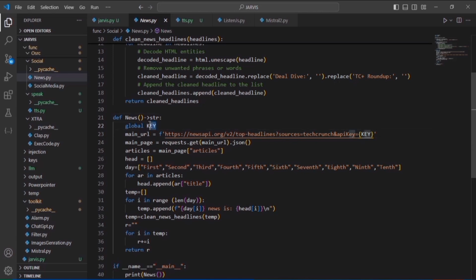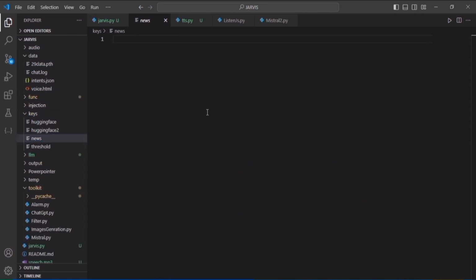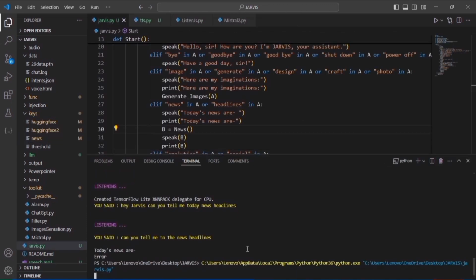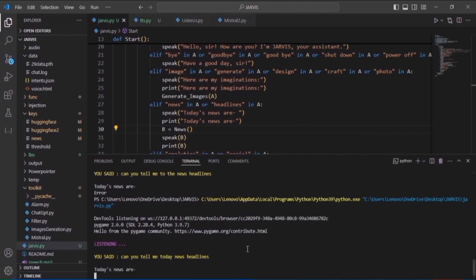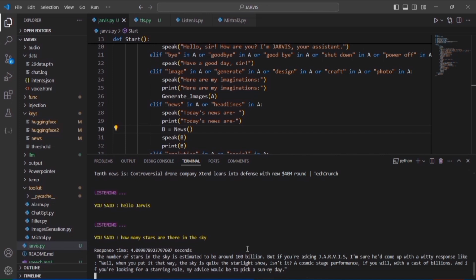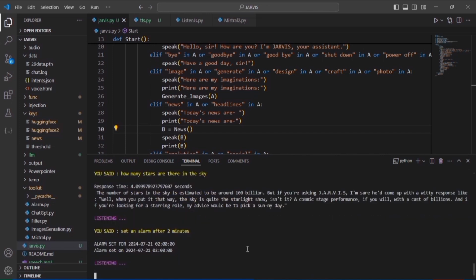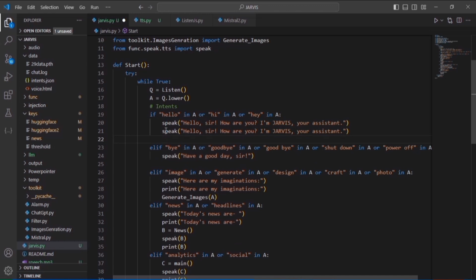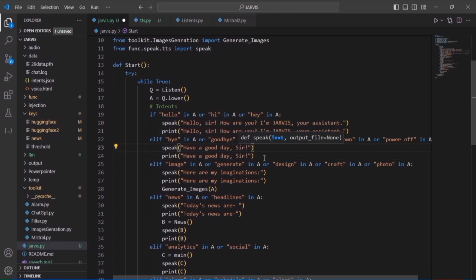And after all of this, you need the API keys. For the API keys, you have to add the user API key and the Hugging Face API key. I ran this code and it was working very well. And you can also try this code. I will drop this code in my GitHub repo. Okay, so the link to my GitHub repo is in my description box.